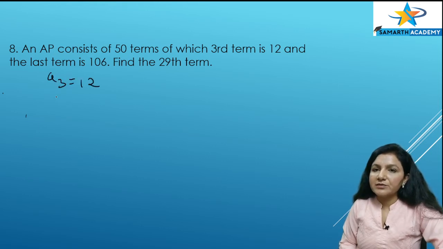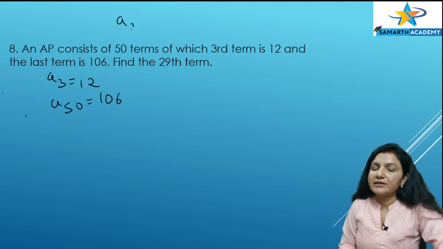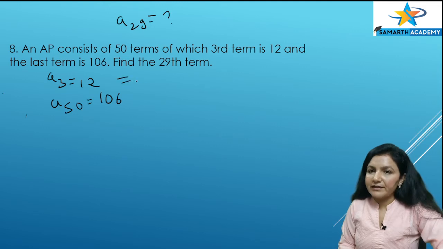12, and the last term, it consists of the 50 terms. So the last term will be the 50th term. 50th term is equal to 106. He is asking for the 29th term. A29 is equal to question mark. So first find the first term and the common difference, and then we'll put the value of A and D in